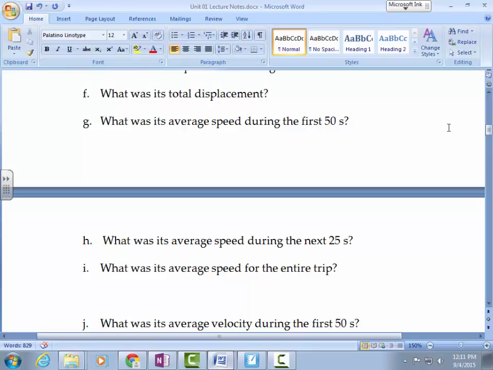Can you guys see that, or should I just go to the other side? And it's pretty trivial. I mean, this problem is very trivial, but I just want to make sure you guys have the